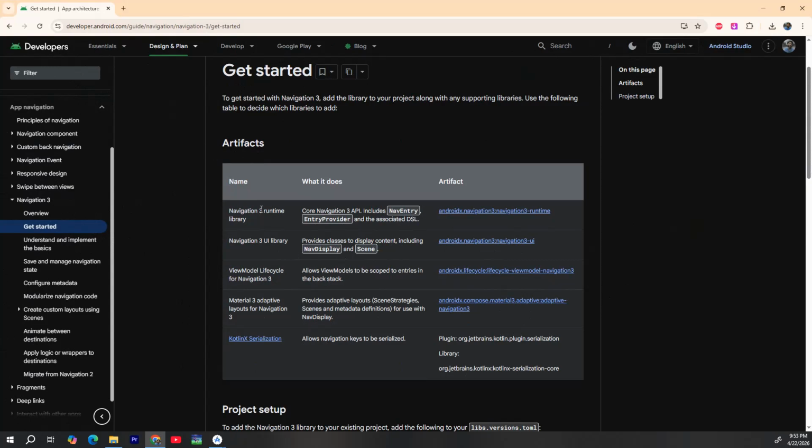Okay, so if you want to use Navigation 3, then you must add these two dependencies. And this dependency actually corresponds to ViewModel. If you incorporate ViewModel into Navigation 3, then you have to add this. And as I told you, I'm going to add all the dependencies in our project. So now let's copy this one over here and then paste